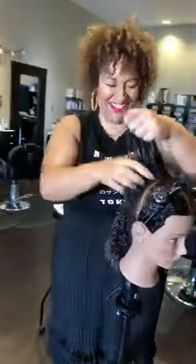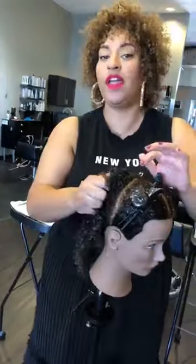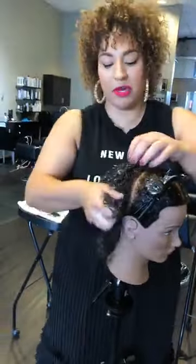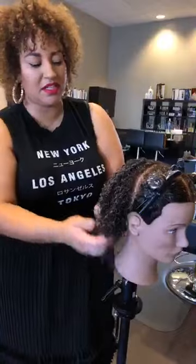So LOC is really, really important. L stands for leave-in, O stands for oil, and C stands for cream or gel. This is really the standard when you're playing with curly hair. In this quadrant, we're working with Amber's natural texture. So with the LOC, you can really start to see